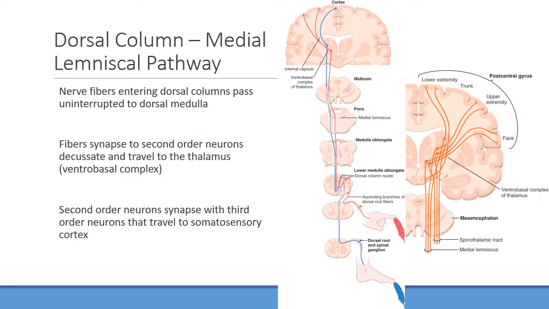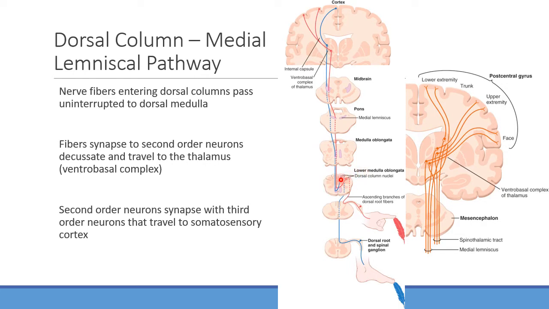So here's a good picture of this. Here's the dorsal column or the medial lemniscal pathway. So again, what you can see if you have a fine sensation, say for instance you were pricking the finger or the toe, you can see where these signals are going to be coming up through. So essentially, what you're going to notice is it's coming through the dorsal horn right there in the spinal cord. It's going to be coming up, and this is where it's going to initially synapse. Okay, so again, we're in the lower medulla oblongata. That's where it's going to synapse.